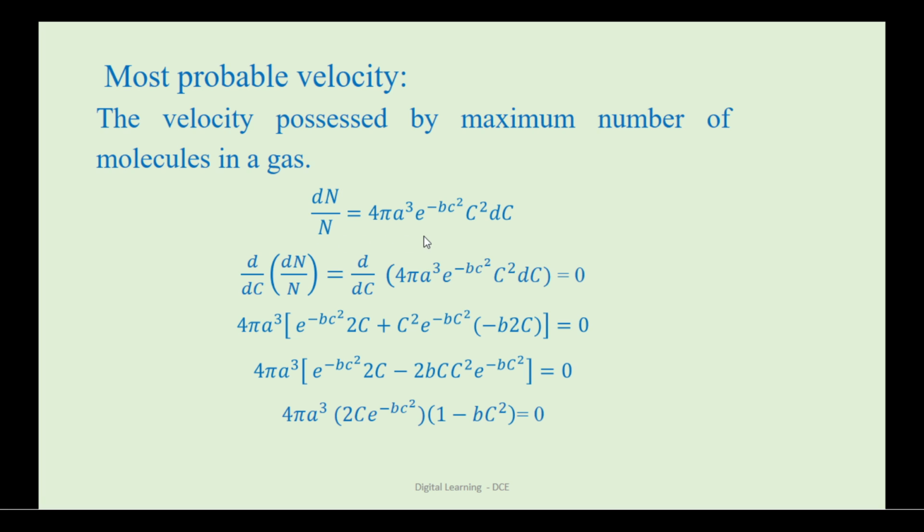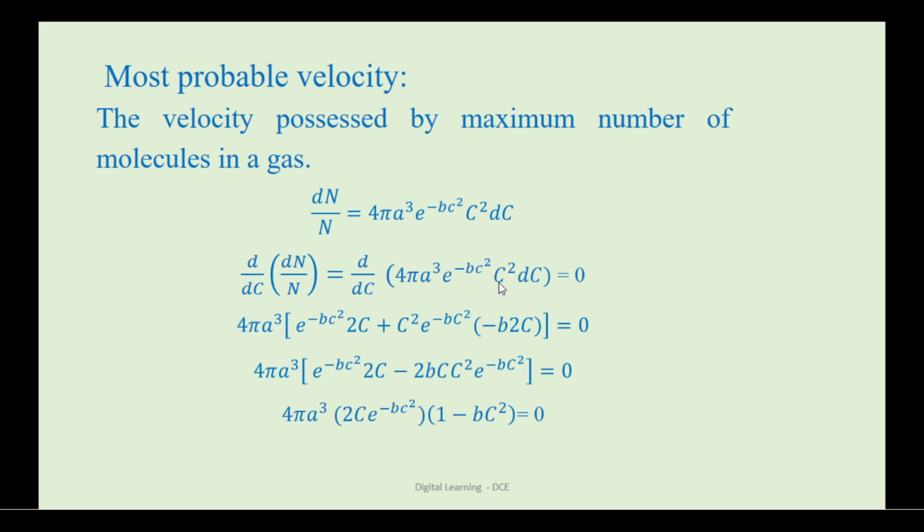Then, if the velocity is most probable velocity, then this term must be a maximum term. Therefore, if you differentiate this equation with respect to c, then this term is maximum, which means constant. Then differential of a constant term or maximum term should be equal to 0. Then differentiating this equation with respect to c, we get, since this is the constant term, these two